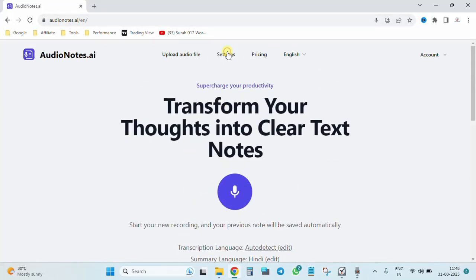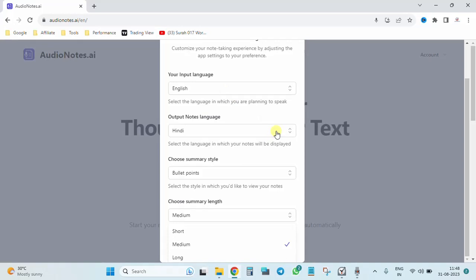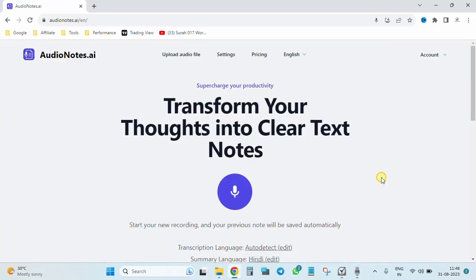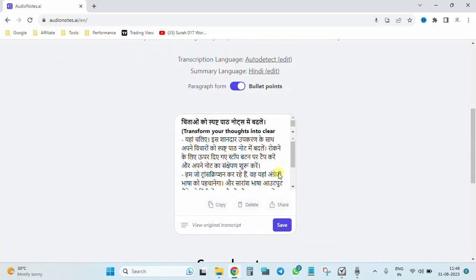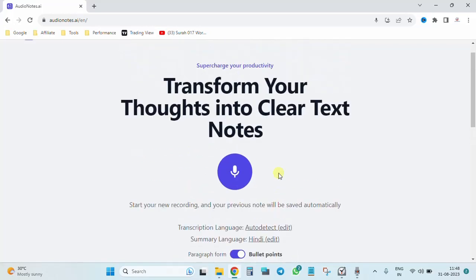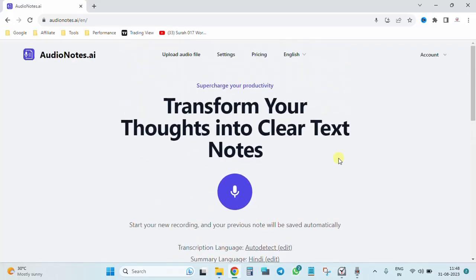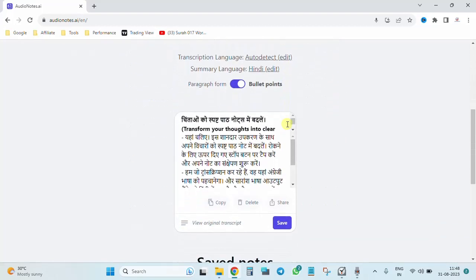You can go into the settings, and you can always select the input and the output language, and the summary how you want, whether you want a paragraph form or a bullet form, and the summary length, medium, large, etc. So this is how you can convert speech to text over here. You can transcribe using audio files also, as I mentioned over here. So I hope